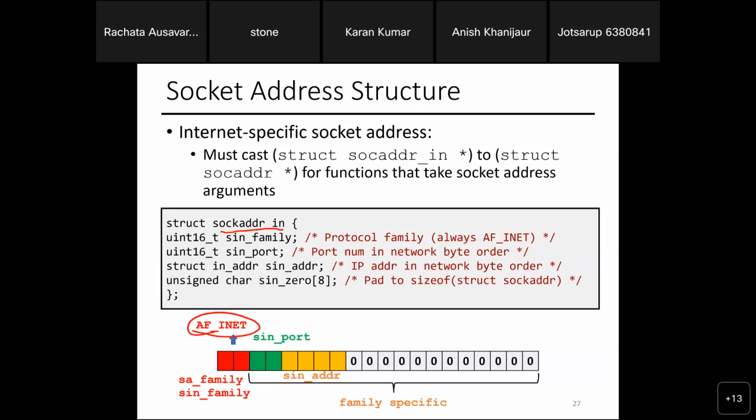Then the next 2 bytes is where you put the port number. Then the next 4 bytes, because it's an IPv4 connection, I put in the address. Now, s_addr is the IP address in network byte order. Again, it's network byte order. Remember those 32-bit hexadecimal numbers.